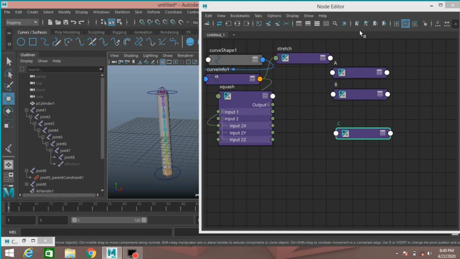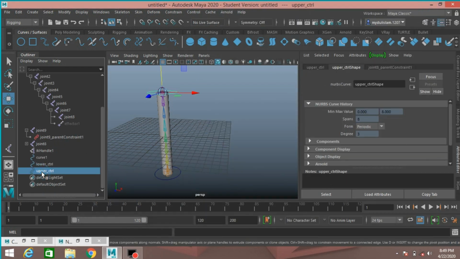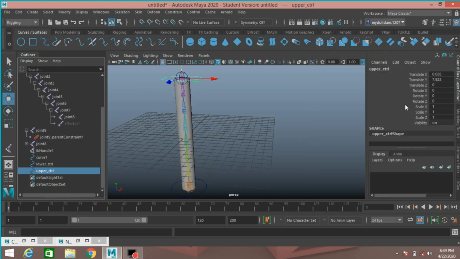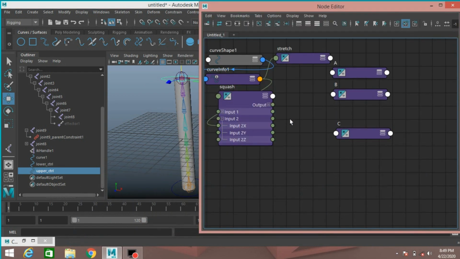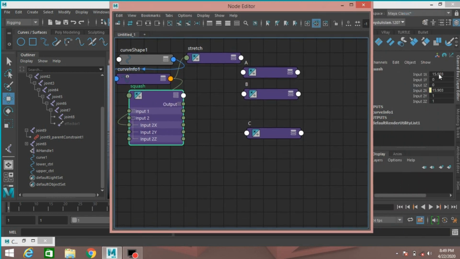Now select the upper controller from the outliner, open the channel box, node editor, select this and see the value, all are same.